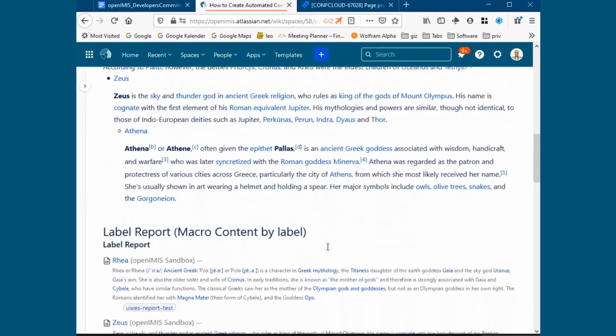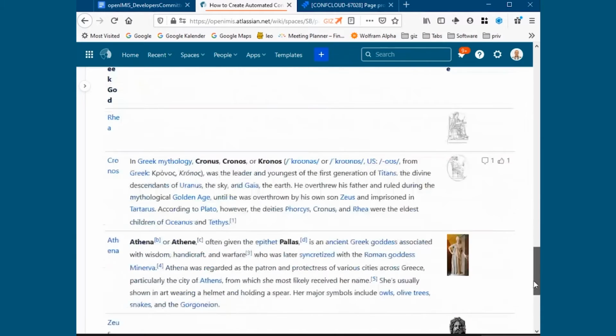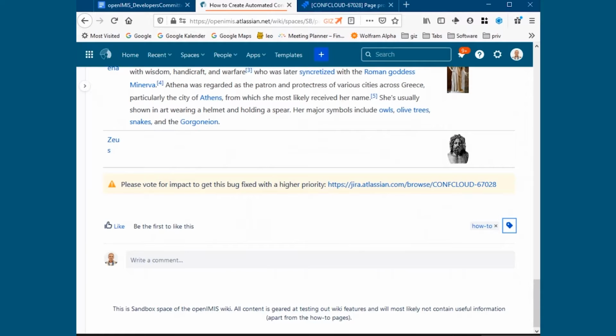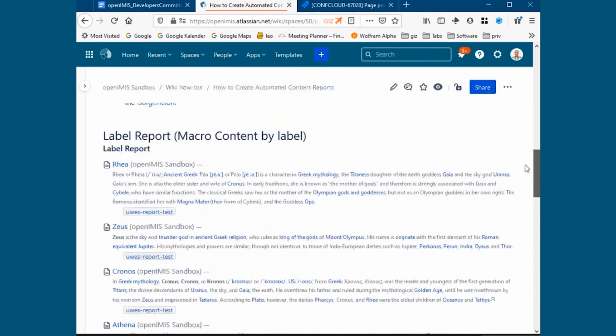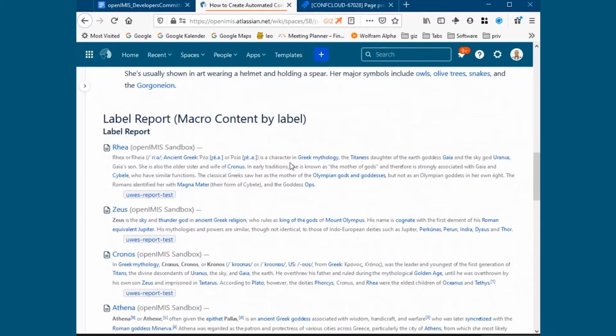Next one would be a label report. As you know, at the bottom of each page, you can add a label. For example, I could name this one how to, and you can see that the label how to is already being used on other pages. So I'm selecting this and I'm saying add to the page. So I labeled this page, and you can add as many labels as you want, and you can create new labels if you want. And if you do a label report,